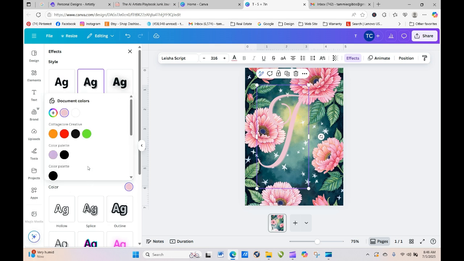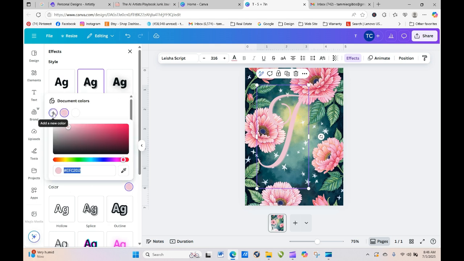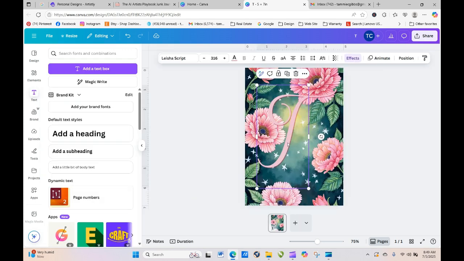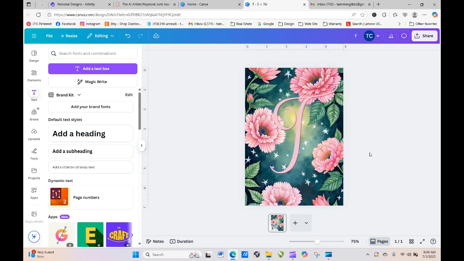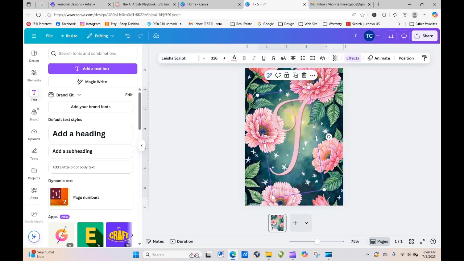I could change this to perhaps a darker, sort of a darker pink in order to get it to show up well. So there's the T like that. Now, one thing about it is my initial is kind of, I could tilt it like that and get a little bit better design. Okay, so let's